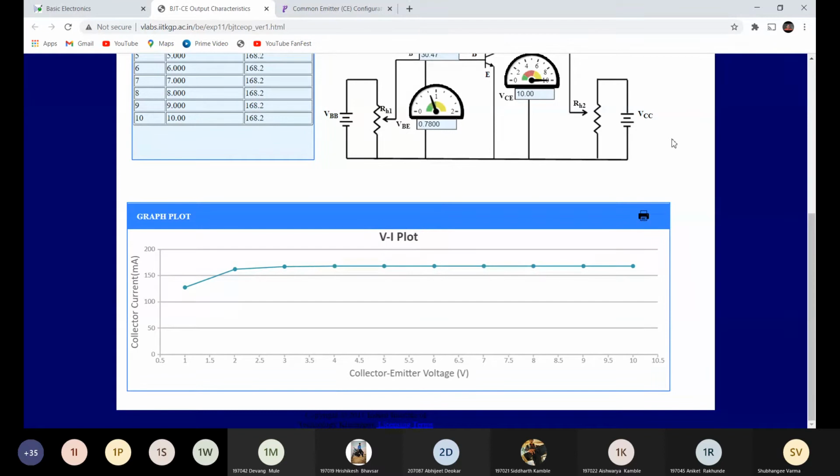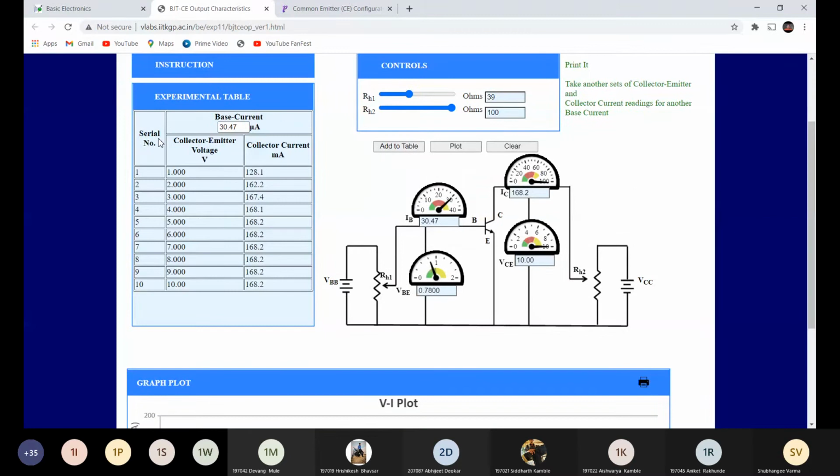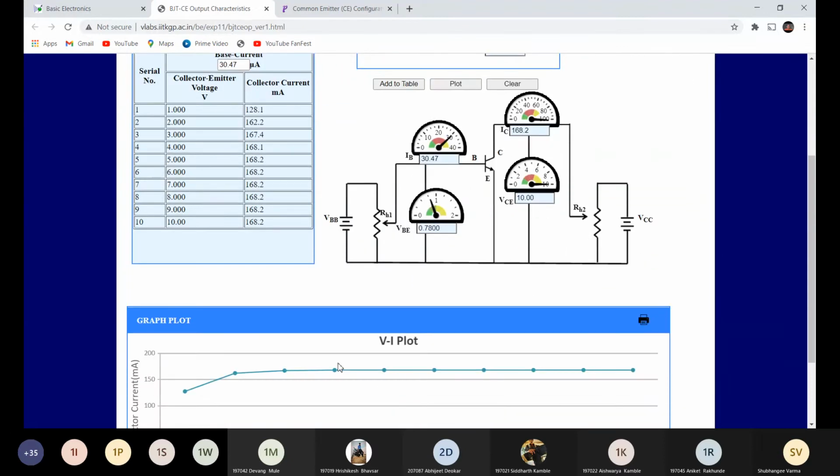Understood? So here again you have to take 3 screenshots for this. One for IB equal to 10 microampere, then IB equal to 20, IB equal to 30. 10 readings each. So you have to take a total of 30 readings and 3 screenshots, one for each plot.